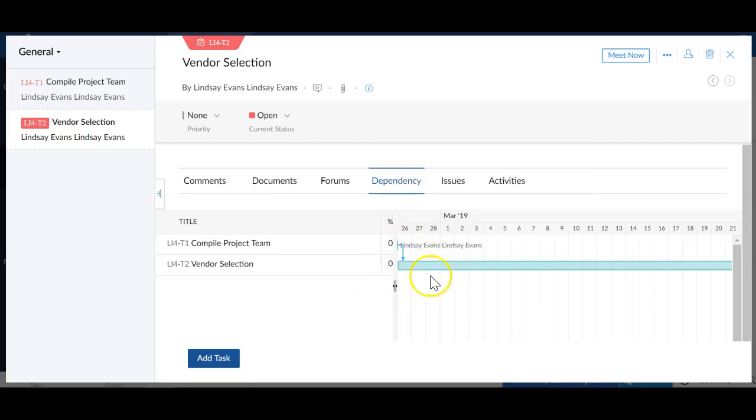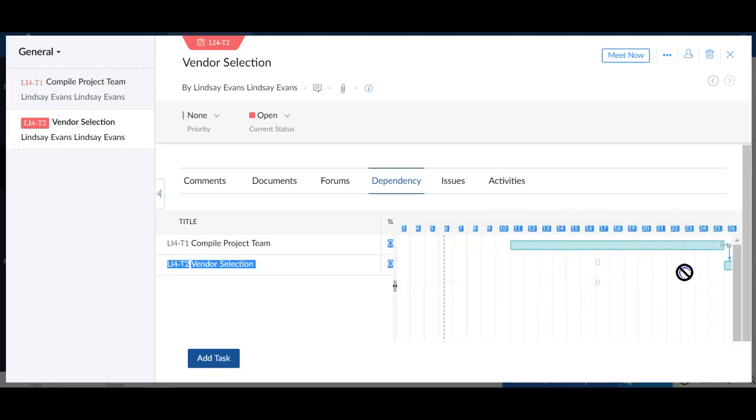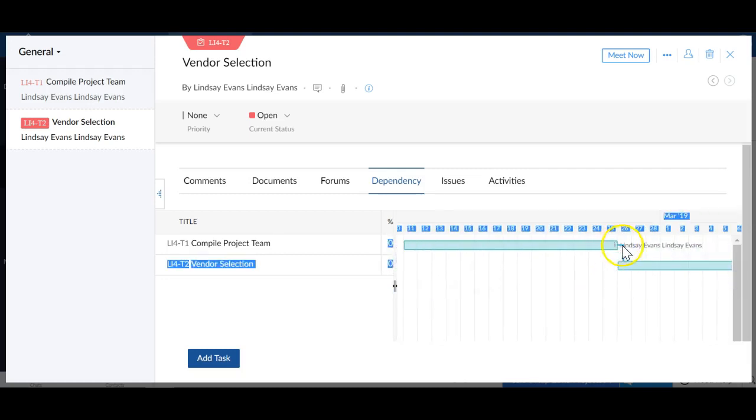And then you can see this little arrow here indicates that it's a dependency to this next task. So it's a nice little Gantt chart view of the tasks and the dependencies that you might want to set or need to set. Alright, so if I close out of there,